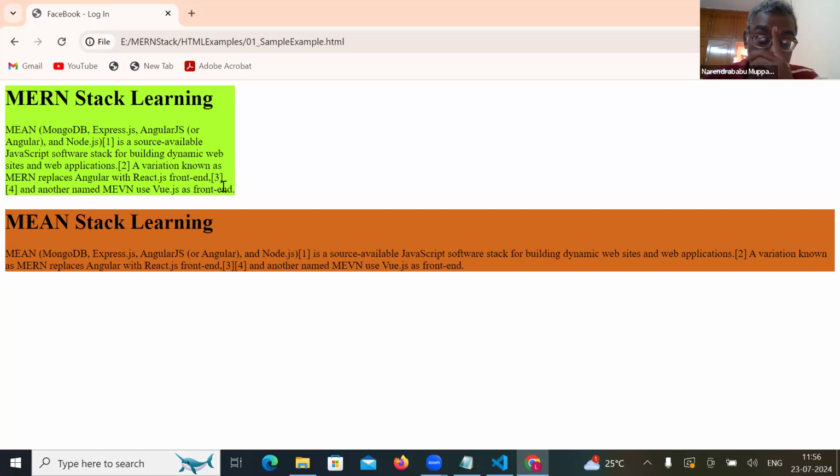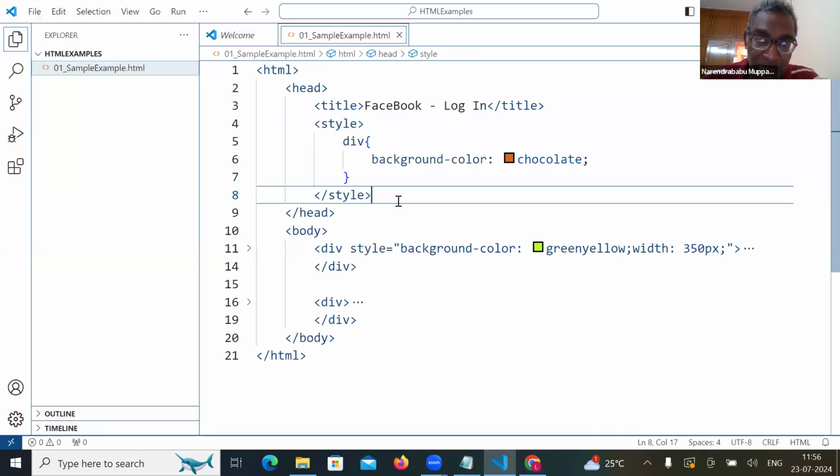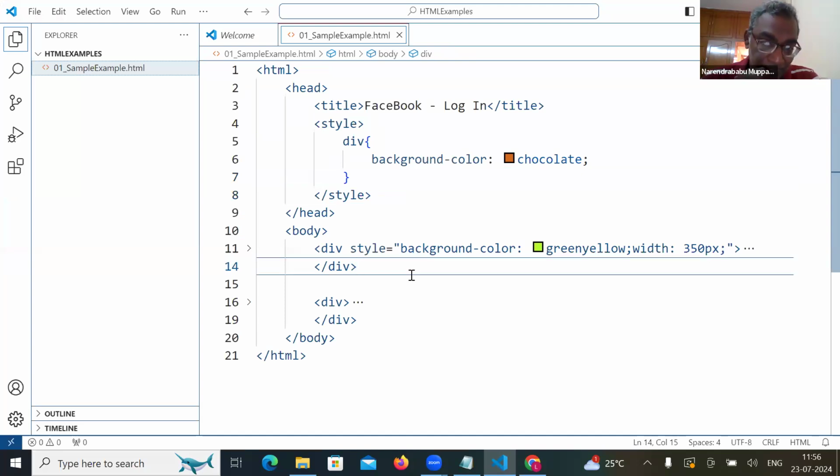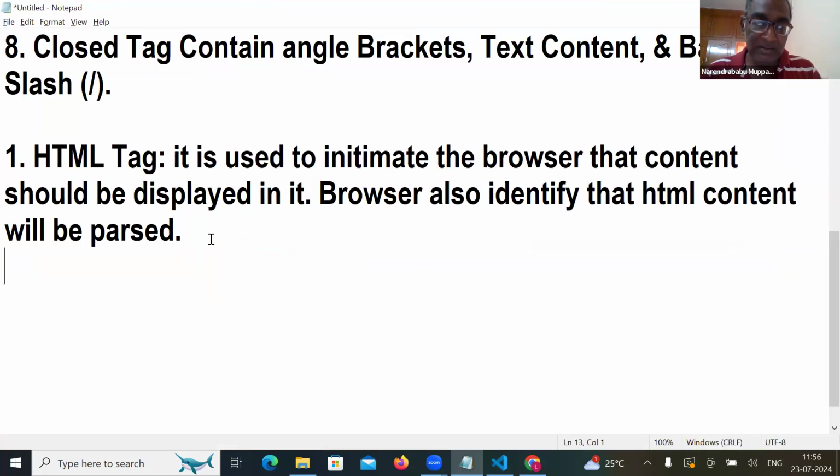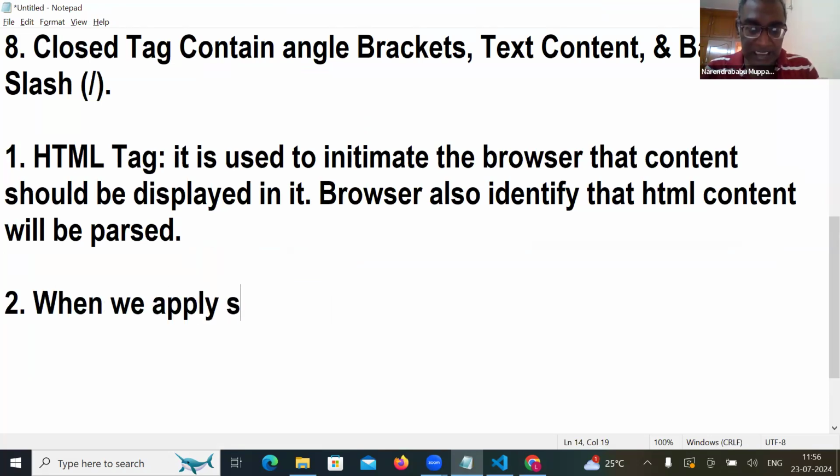What will happen when you run the code in the browser? First this style will get executed, and on top of that, this style will override. You understand? So what is the sequence of styles applied? The second point, when we apply style sheet,